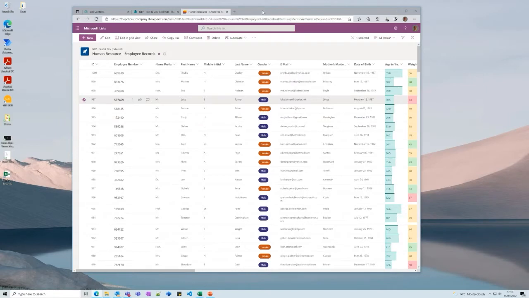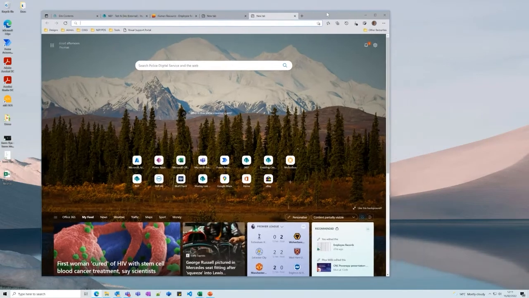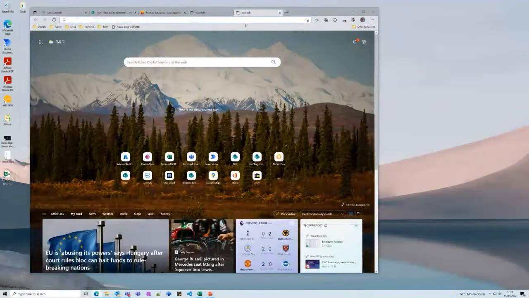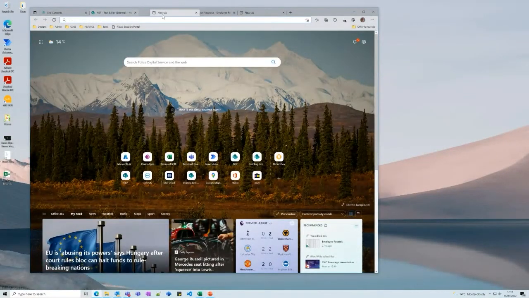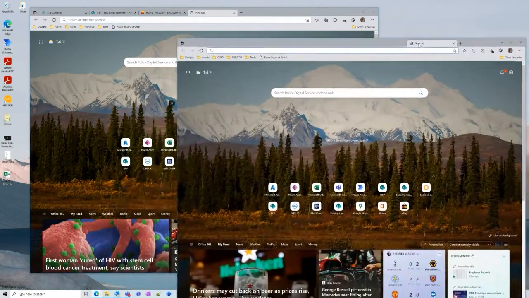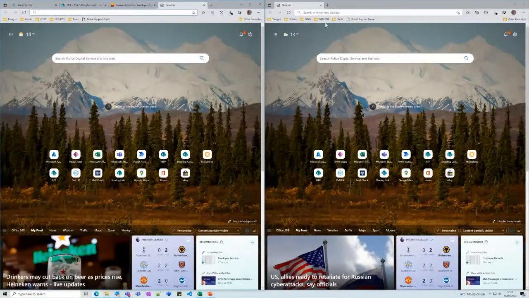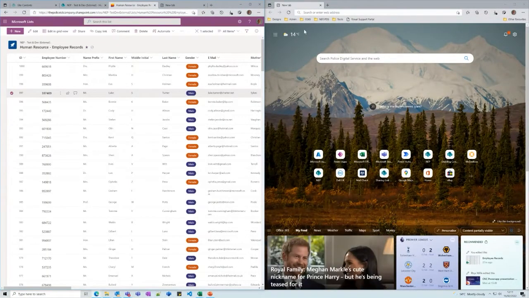Edge gives you a great way of working with multiple websites via tabs. Sometimes you actually want to have these things side by side. You can click and hold the tab with your mouse, move it around on the tab bar, or move it out altogether. And that way you get two instances. And again, you could snap these two side by side, and that just gives you that visibility of two windows